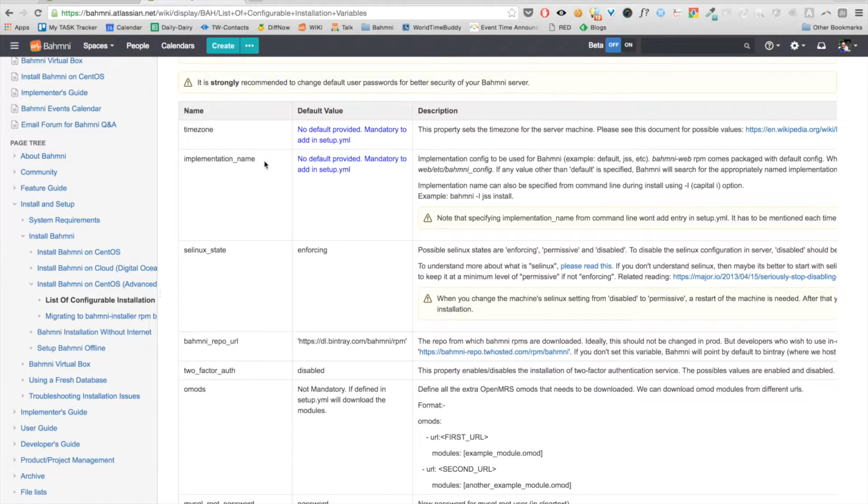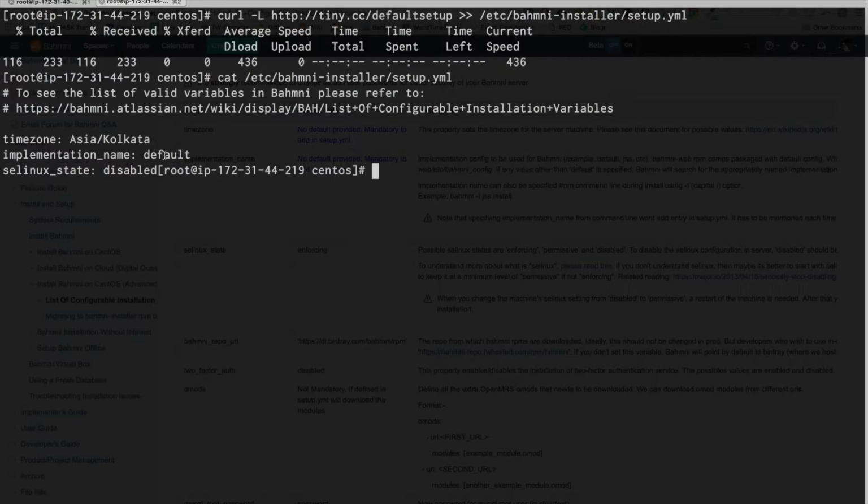Right now, since we don't have any specific configuration that we have created for ourselves, we will use the default configuration that the Bhamni team provides that you can use as a demo. Then we can change it later. So implementation name is equal to default. That is what we have already specified here.